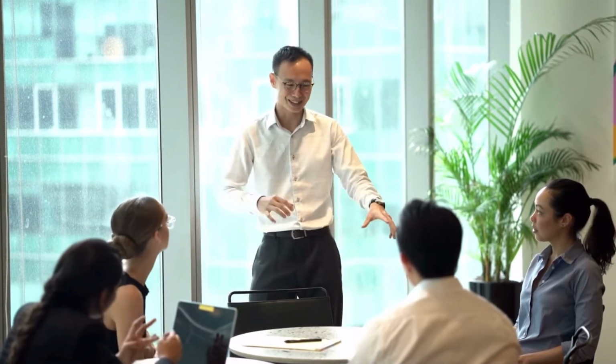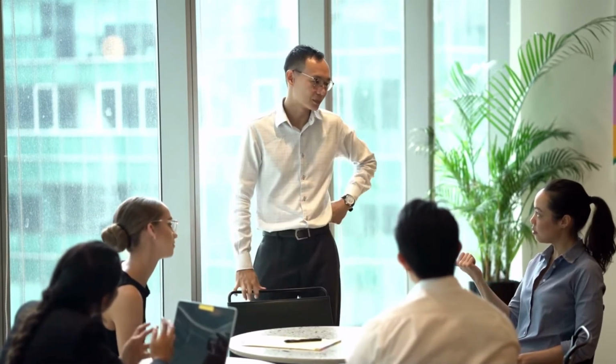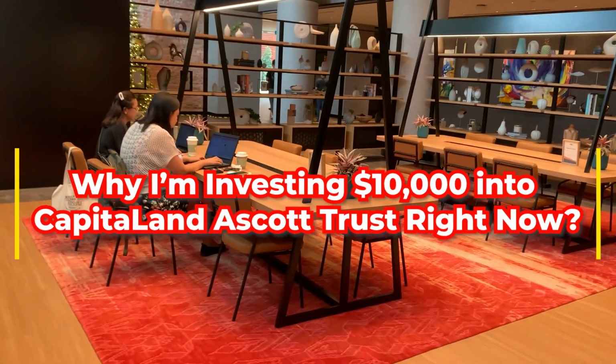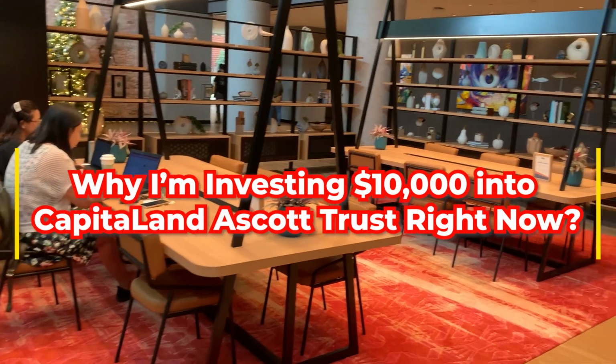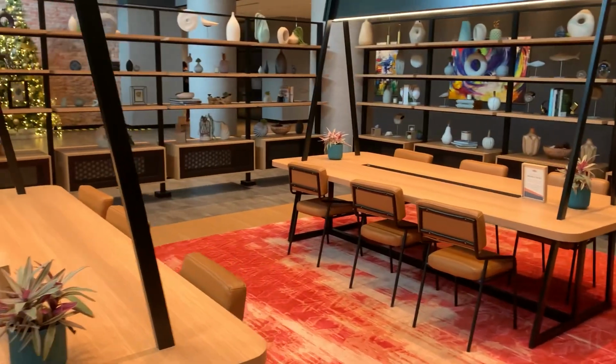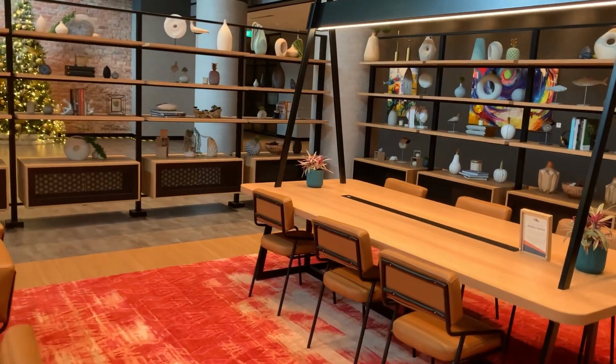a worthwhile investment. I'm putting my hard-earned $10,000 into this trust, and I'm already halfway there. I'll continue to invest as I monitor its performance over the next few weeks. So, there you have it, the reasons why I'm investing $10,000 into CapitaLand Ascott Trust right now. This decision aligns with my belief in the long-term potential of REITs as a source of passive income for my